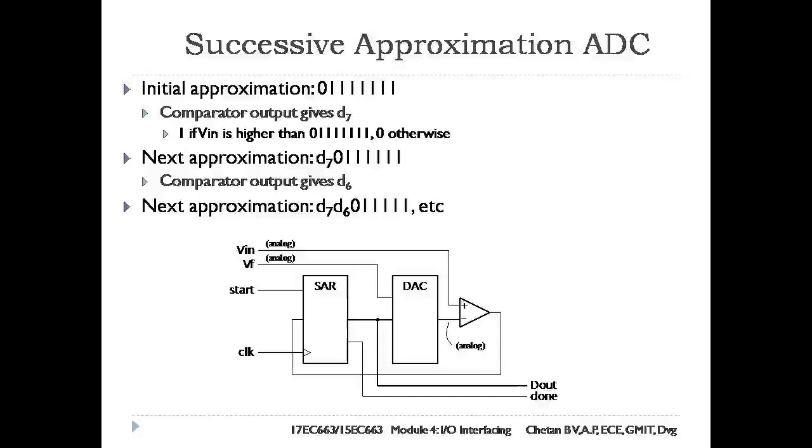All bits of the result are determined. The SAR activates the done output signal, indicating that the complete result can be read. The advantage of successive approximation based ADC is that there are fewer analog components, that is one comparator and a DAC. Disadvantages are that the conversion rate is slow and a digital circuit is required for the SAR. SAR requires extra digital circuit.